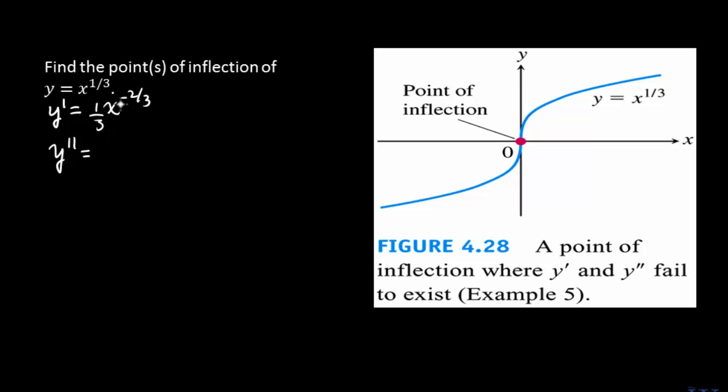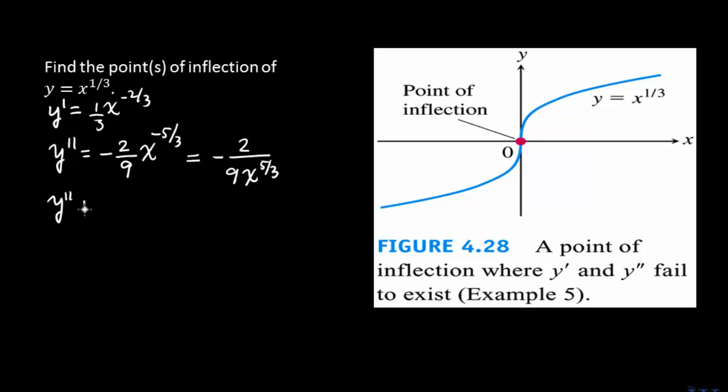That gives us 1/3 times -2/3, which gives us -2/9. And then you have x to the -2/3 minus 1, which means x to the -5/3. Then you rewrite this as the negative of 2/9 x to the 5/3,